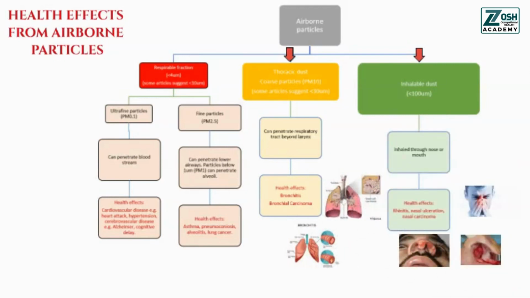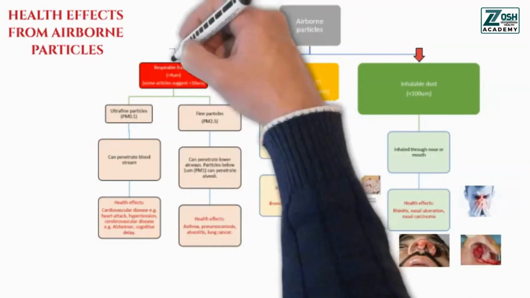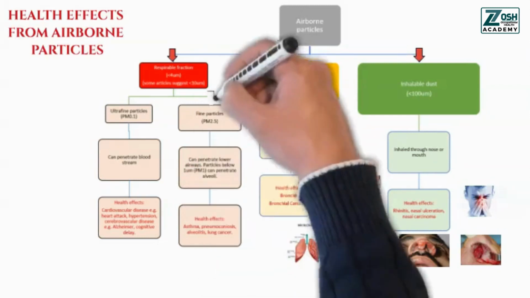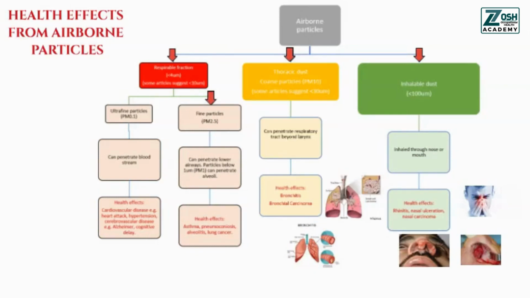Respirable particulates have an aerodynamic diameter of less than 4 micrometers. These fine particles pose the greatest health risk. They are further divided into fine particles, with size of up to 2.5 micrometers, and ultrafine particles with a size of below 0.1 micrometers. Fine particles, or PM2.5, may penetrate low airways as well as alveoli to cause asthma, pneumoconiosis,